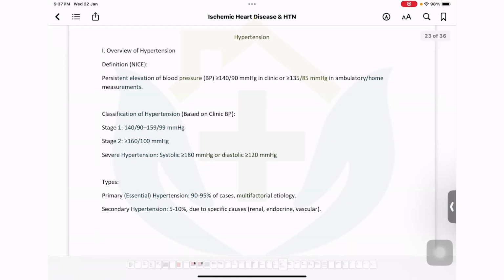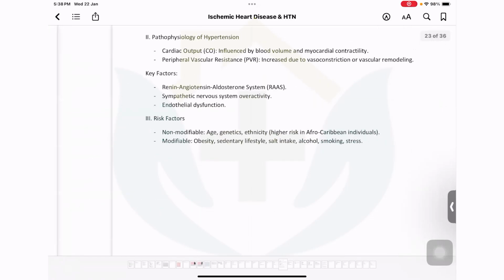There are two types. One is essential hypertension, which is usually the case. 90 to 95% of the people have essential hypertension. Secondary hypertension, only 5 to 10% people, where it is something else causing it, like pheochromocytoma, like renal vascular stenosis, or polyarteritis nodosa. So things like that, they have to be found out.